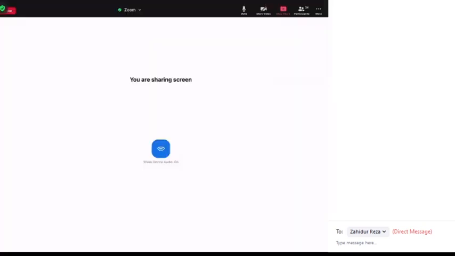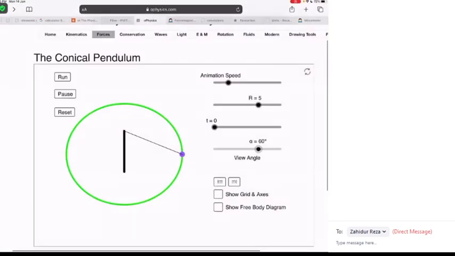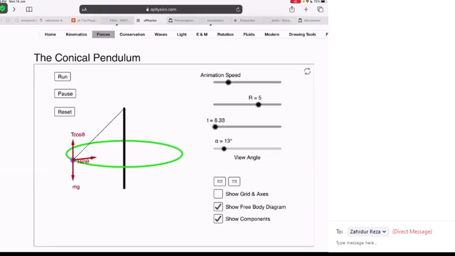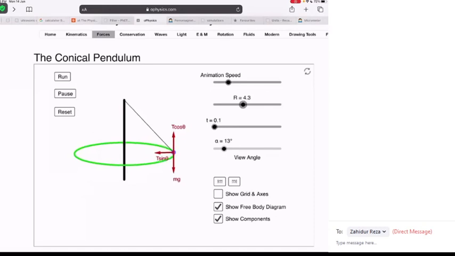Never mind. So if I run this, right, and I show the free body force diagrams, do you see that there's the T sine theta that we just derived acting towards the center of my circle, right? And if I vary the radius, right,